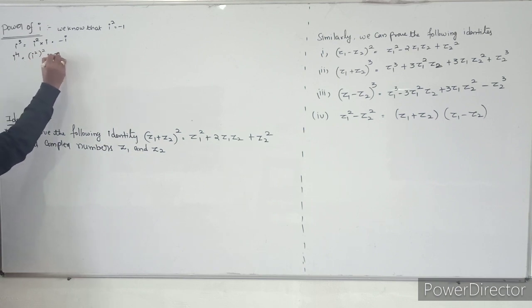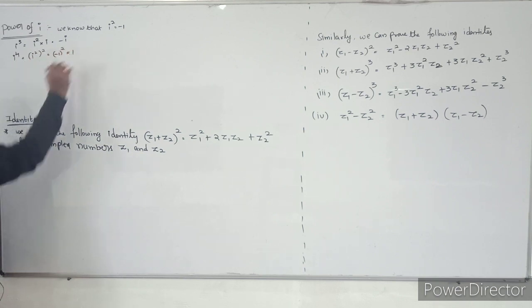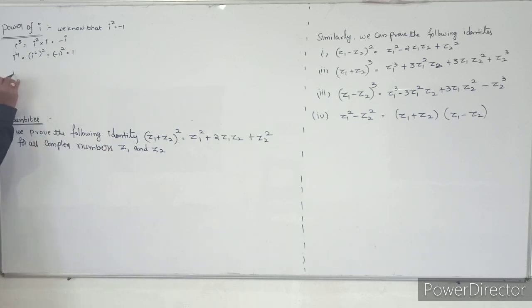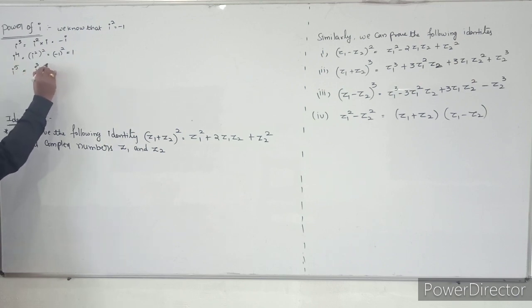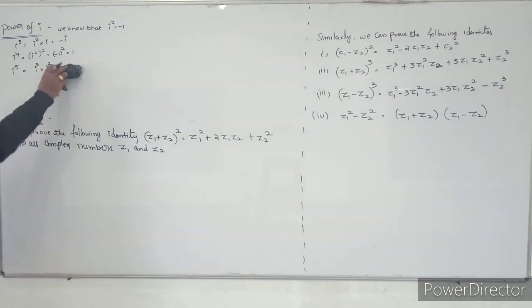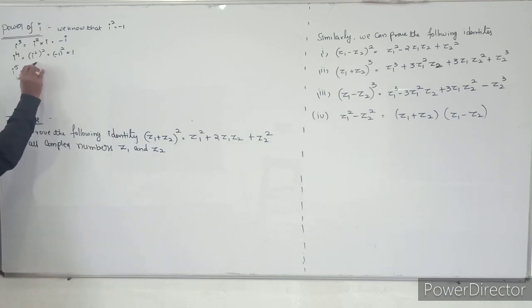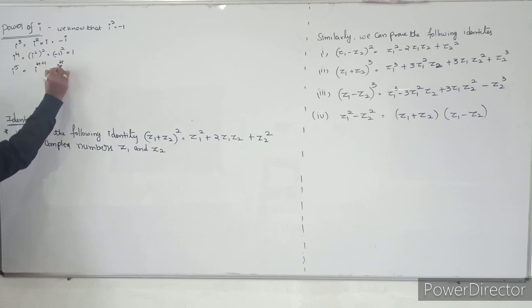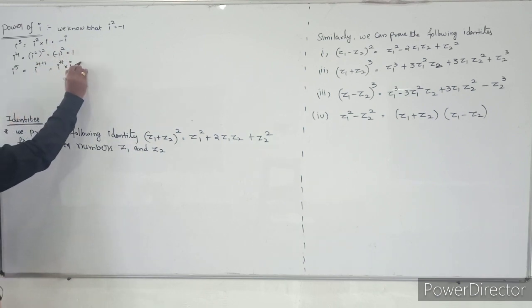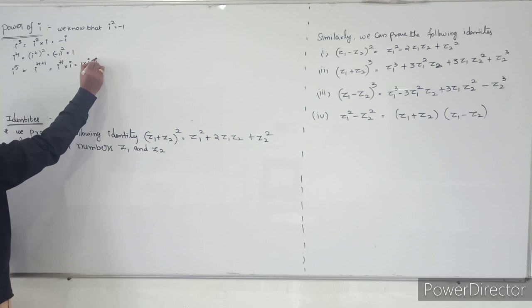So that is equal to minus 1 whole square, so that is equal to 1. Similarly, i power 5. What is i power 5? I power 5 is nothing but i cube into i square. Otherwise, you can take this method also. I power 5 you can write as i power 4 plus 1. So that is i power 4 into i. I power 4 you have already calculated, 1 into i. So the value is i.